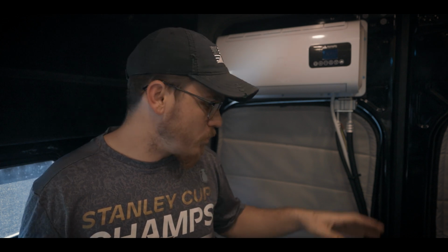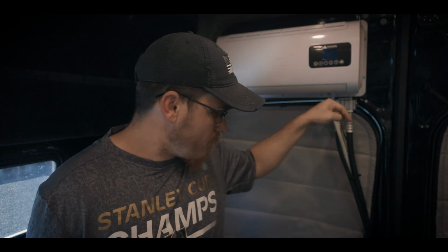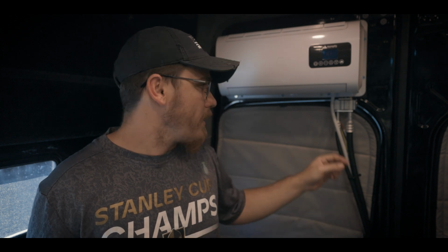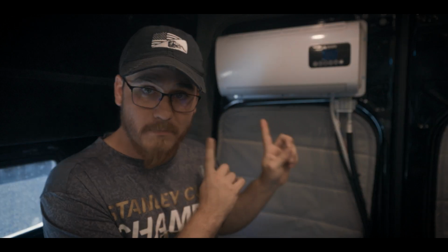So what I decided to do was drill out a hole inside the door that allowed it just to come up here and it's gonna be fine for where this is at in the van. I then was able to run the drain down that same hole, and I was able to run the power connector up here down that same hole, and I can still access the blade fuse here if something happens in the future. So being able to service the unit is perfect. Now let's go ahead and jump back to the voiceover, and I'll show you guys how to actually install these